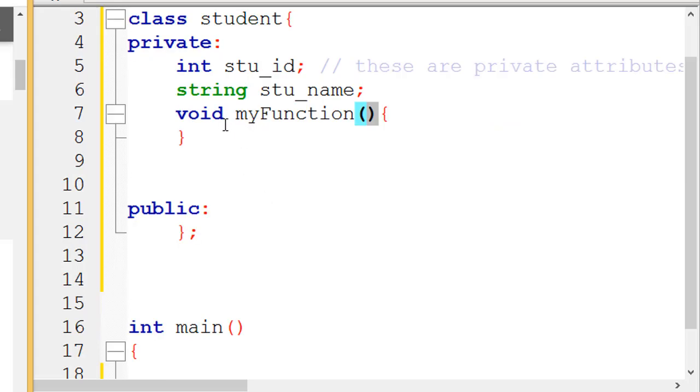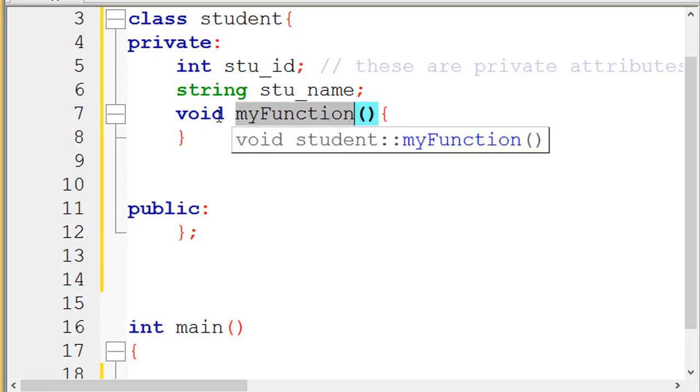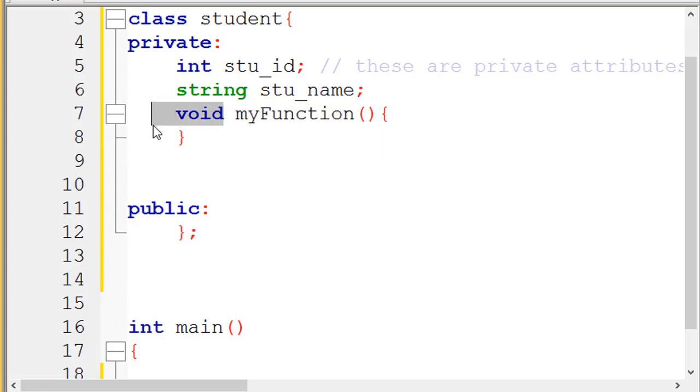Let's see what these terms mean. My function is basically the name of the function, while void means that the function will never return a value. You will learn more about return values later in the next chapter, inshallah. So we will see all these return types in detail. But for now you just have to know that void means that it never returns any value.